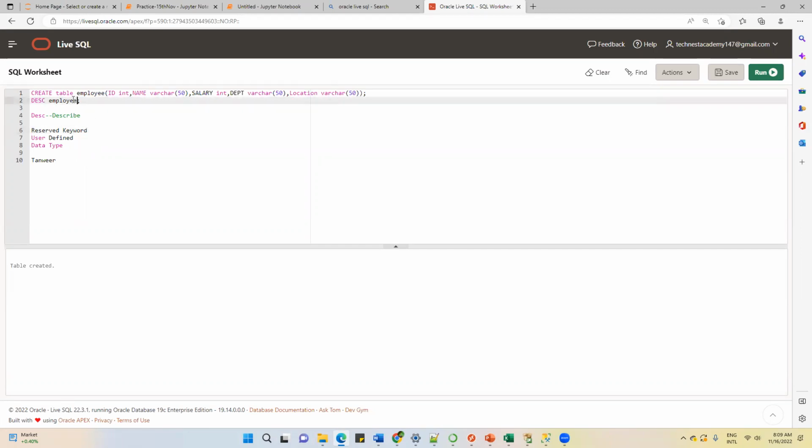Table which is correct or table not structure. Correct. Employee table, correct? So you have to write describe, DESC employee. So when you write this, the engine will understand that the user is asking me to